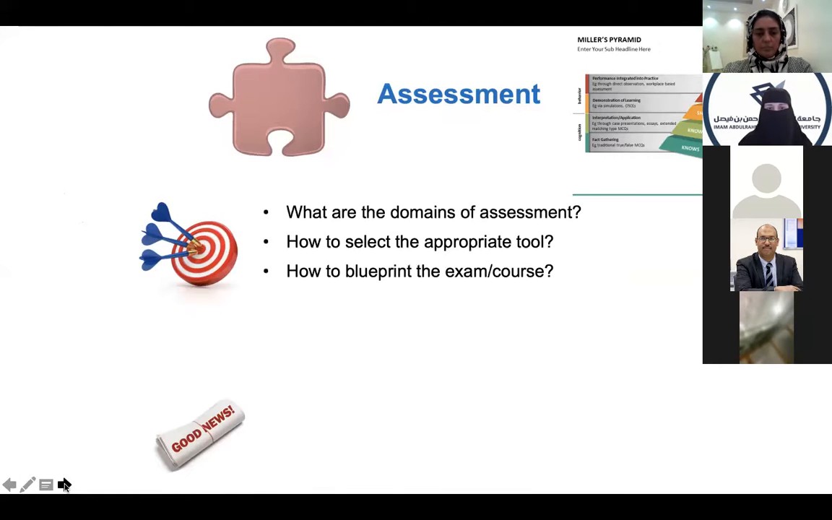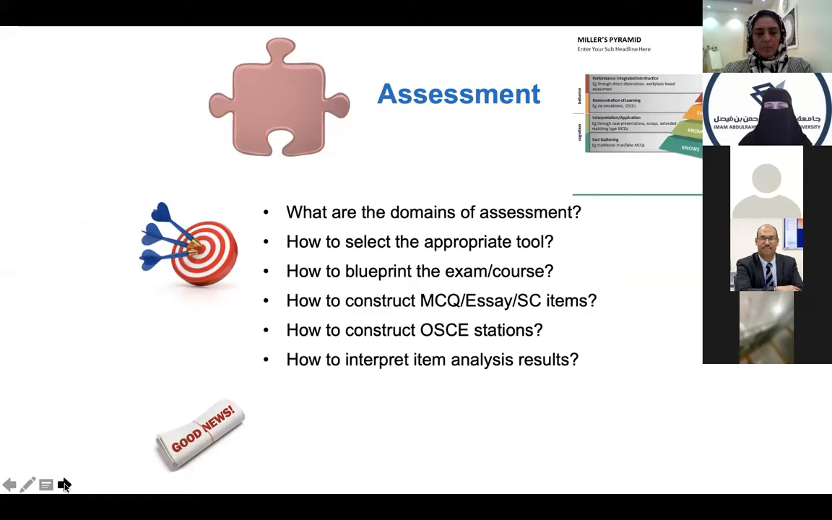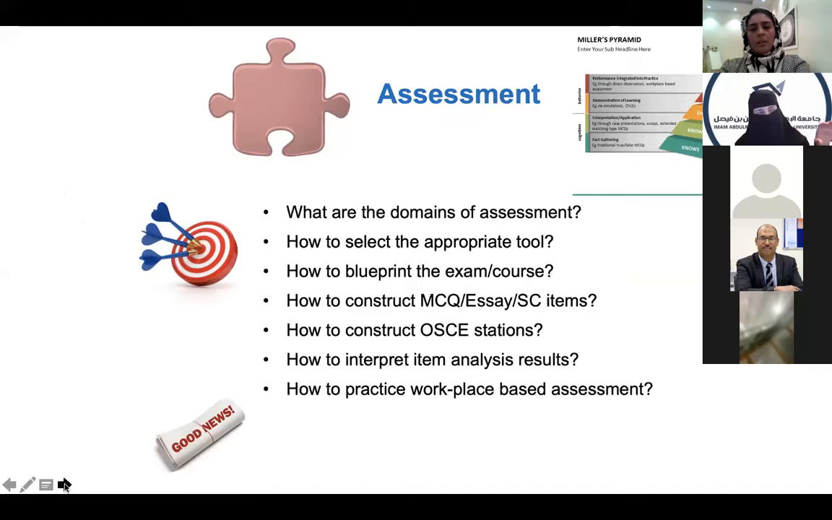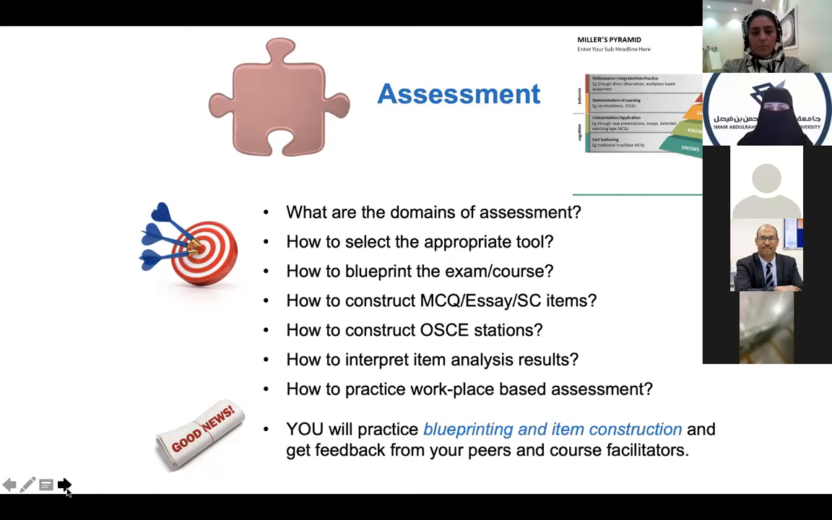teaching is taking place. The third module was assessment. And this module was designed on Miller's pyramid. So the first day is about knows and knows how. The second day is about shows how. And the third day is about does. So the first day is about written assessment. And